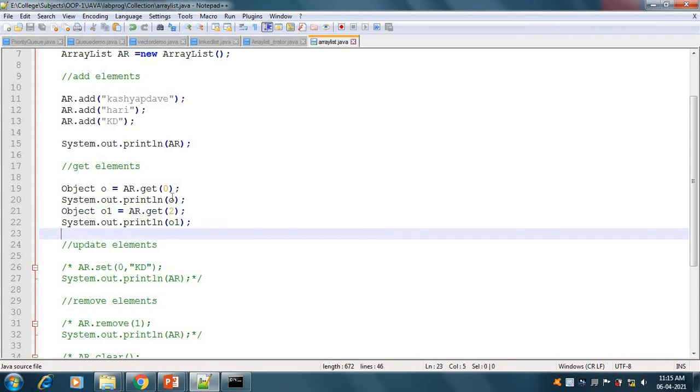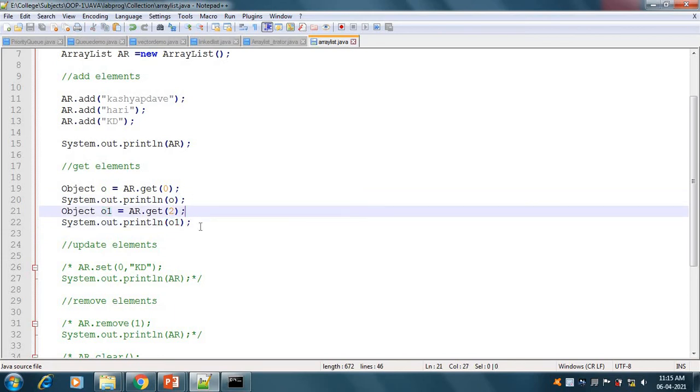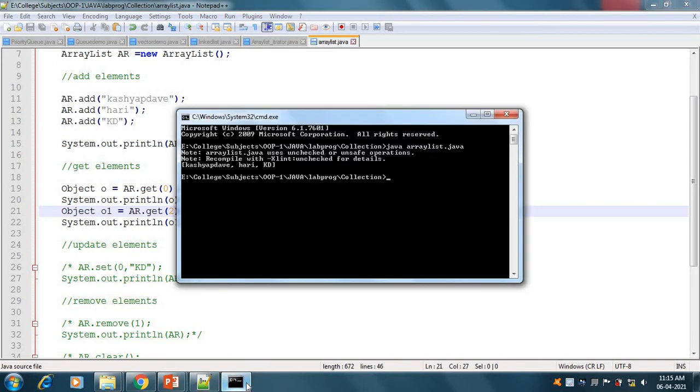By printing objects O and O1, I will get the values of index 0 and index 2. I can see that at index 0 my value is Kashyap Dave, and at index 2 my value is KD. So I will run the program again.